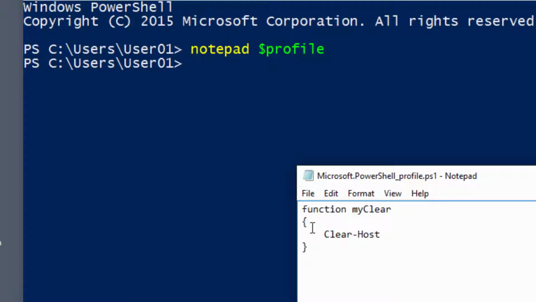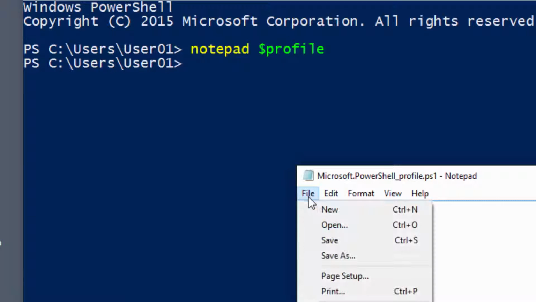And then a curly brace opens the function. A curly brace closes the function. And anything between these two braces, that's the code inside the function. Okay, and then we'll save it